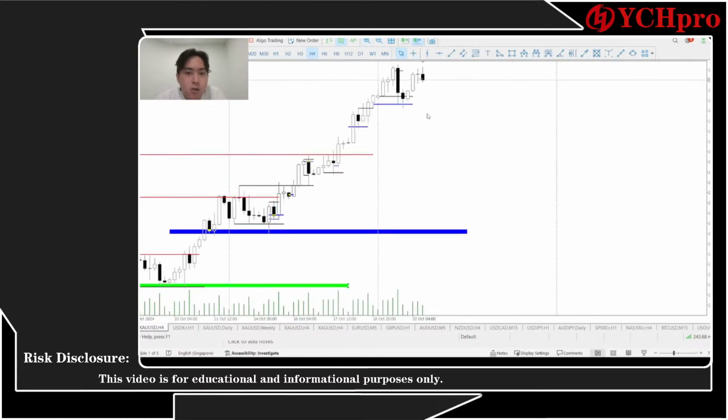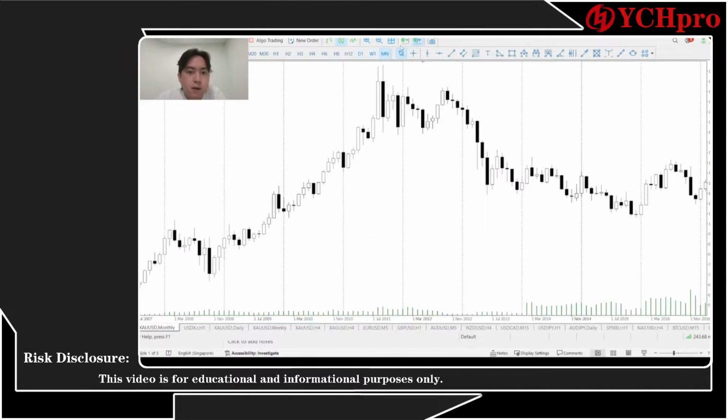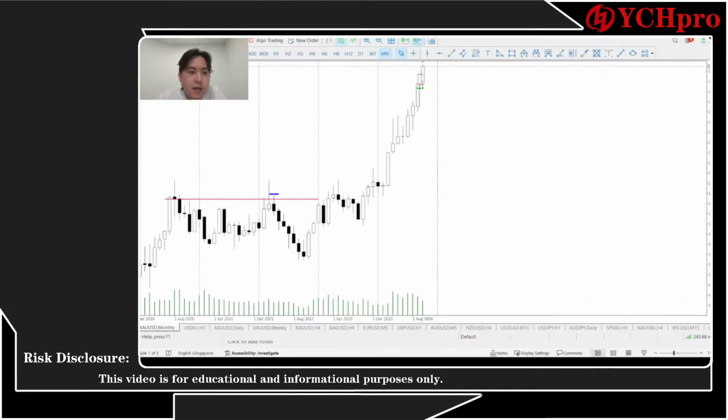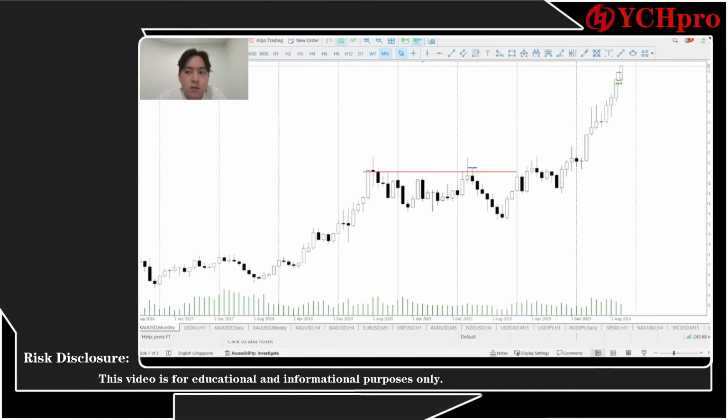So right now, let's talk about my thoughts on the gold market. Okay, gold market, we can't see anything with the bigger time frame. To be honest, using my bigger time frame, we can't see any liquidations from here or maybe above. So what we can do right now is just use a small time frame and try to do a small trade. Should be much more efficient and much more beneficial.